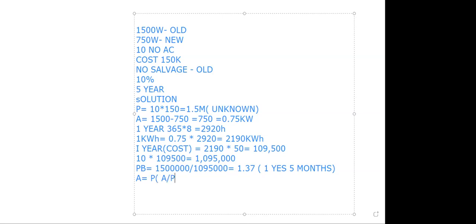So A over P. No, sorry. We know this, and we're looking for this. So here will be P and here will be A. Yeah, this is the formula. We're looking for the present, what is the initial investment we should do, since we already know the annual savings. So P is now, annual saving is